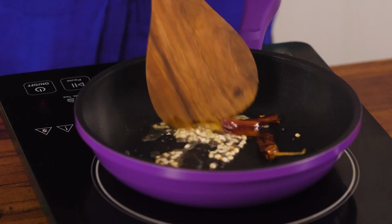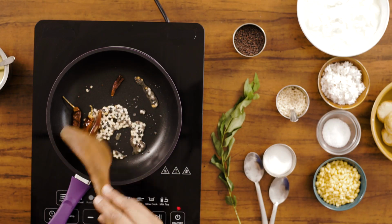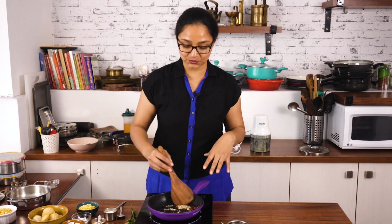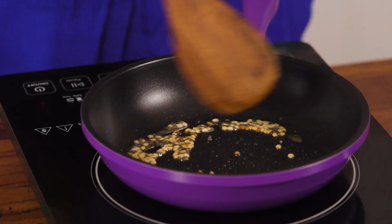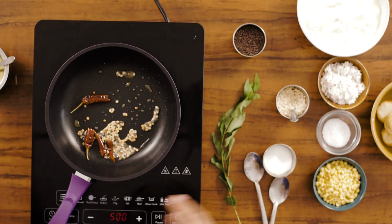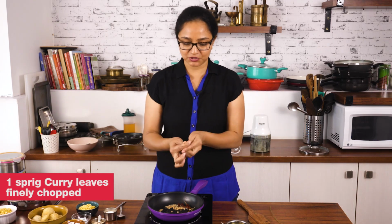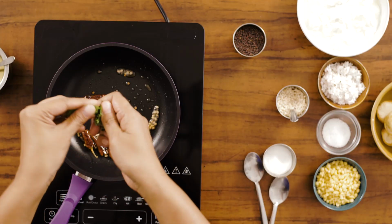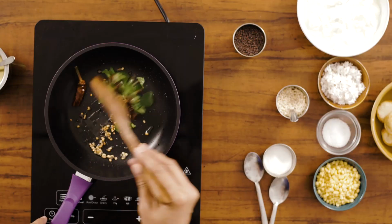Ensure that you fry the roasted dal on low heat, because only then it will get cooked and roasted well. If you fry it on high heat, then it tends to brown faster, but inside it's still a little raw. Notice that the dal is getting brown, and now that the dal is brown and the mustard seeds are also crackling, I'm going to add in the curry leaves. Curry leaves is something that I always add towards the end, and I'm going to tear it. You can finely chop it, or ensure that you always tear the curry leaves and add, because only then the flavors come in. I've turned off the heat, and I'm just going to give it a quick stir